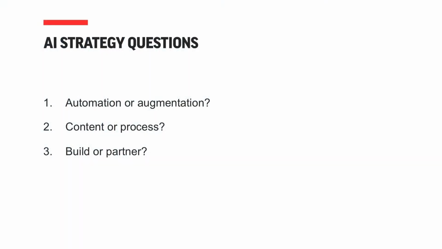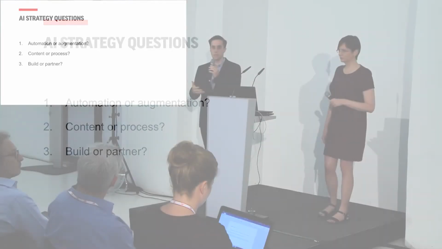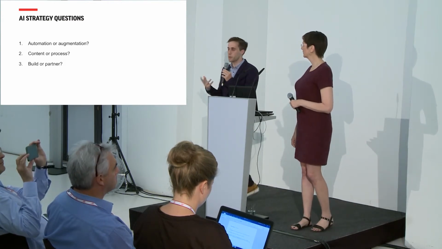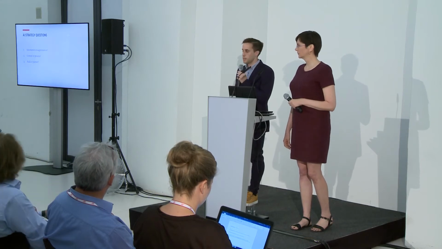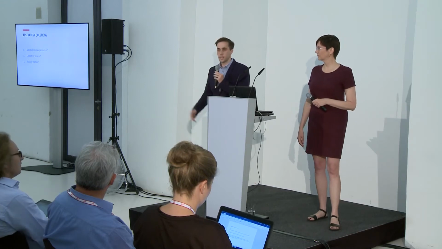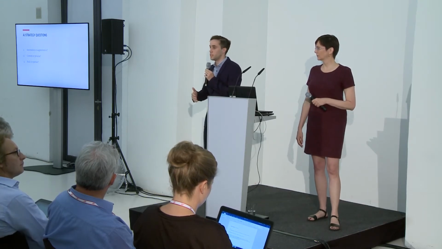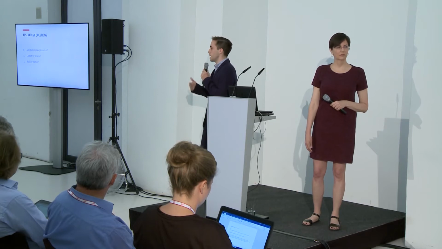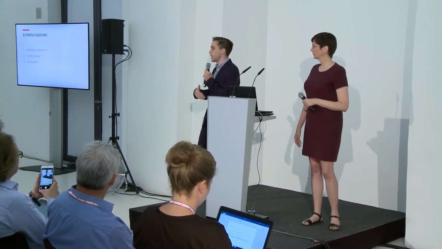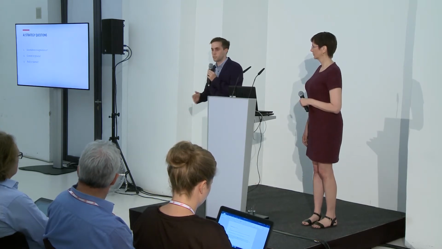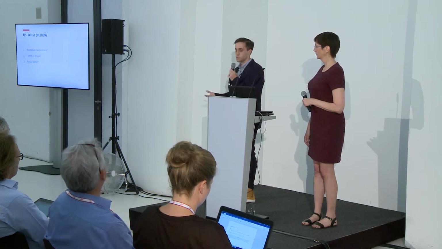As I mentioned at the beginning, my role is to essentially look at the big picture and identify trends within the market, and ask ourselves 3 important questions when assessing our AI strategy. By the way, the same way that 10 years ago everyone needed a digital strategy and it eventually evolved into being just strategy, the same will happen with AI and automation. You'll require an AI and automation strategy, but 5 years from now, 3 years from now, it will just become common practice within your news organizations.